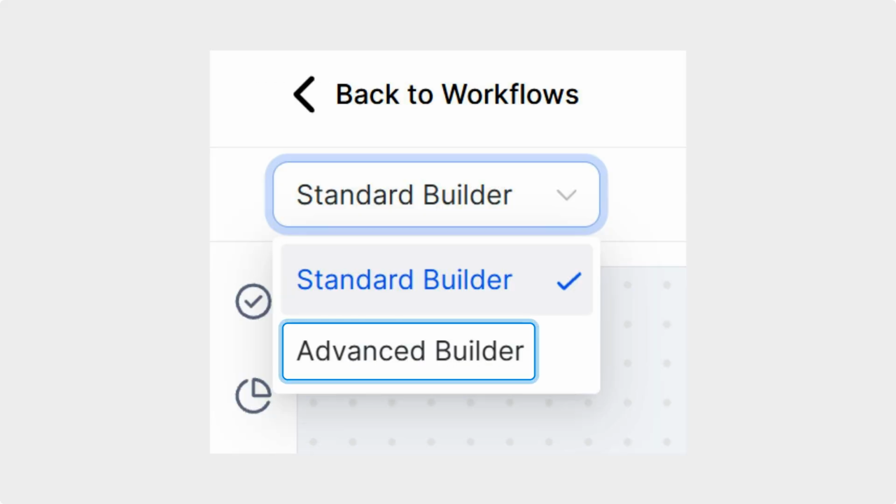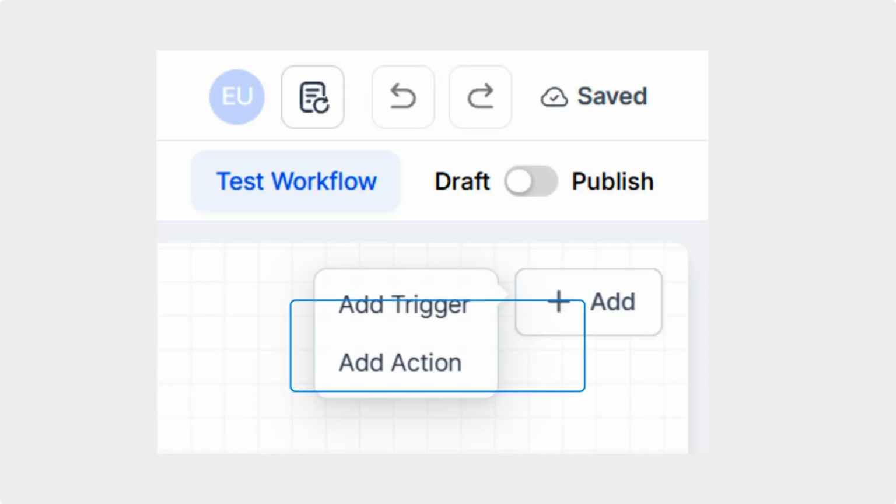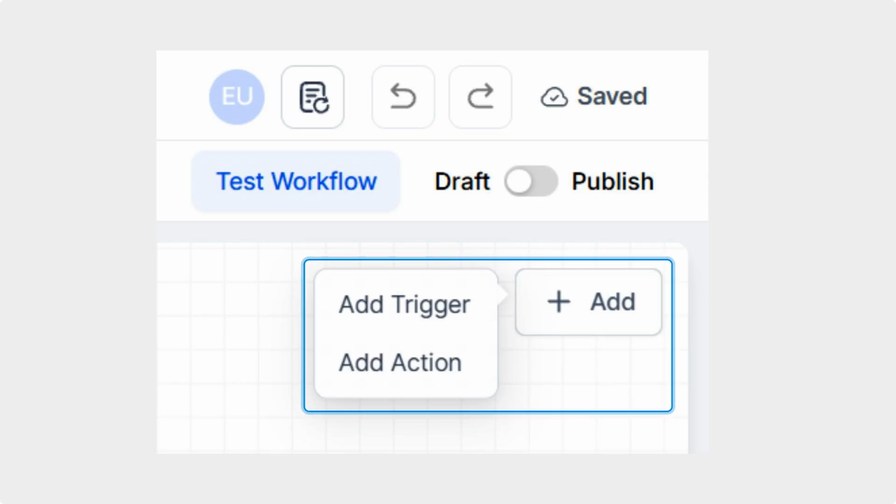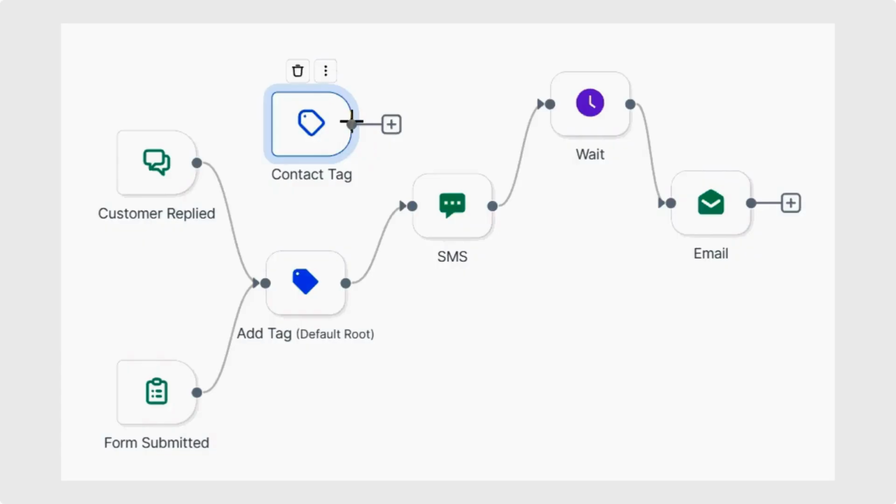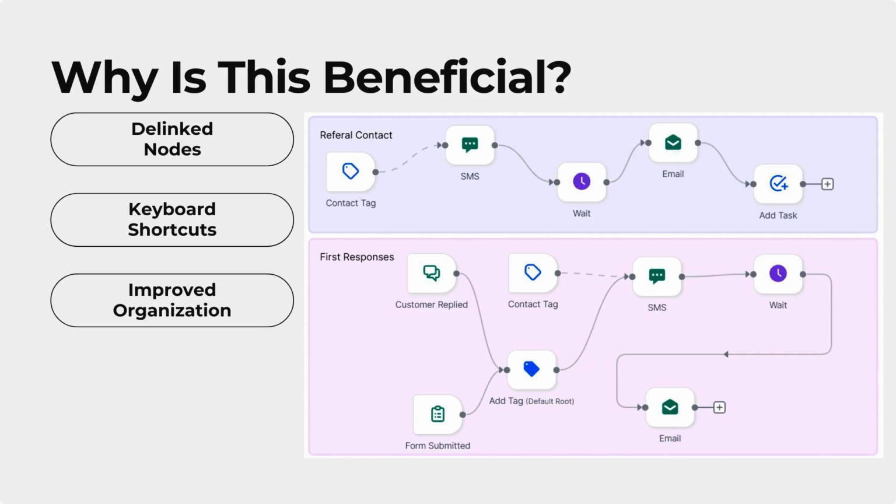Using the drop-down at the top left corner, switch to the Advanced Builder, click plus Add, then select whether you want to include an action or trigger. To connect nodes, drag the connector handle or the plus icon to stitch your workflow. If a node got automatically connected and you want to reroute it, click the trash can icon, then follow the previous steps. The Advanced Builder lets you manage multiple workflows in a single canvas, starting contacts on different actions depending